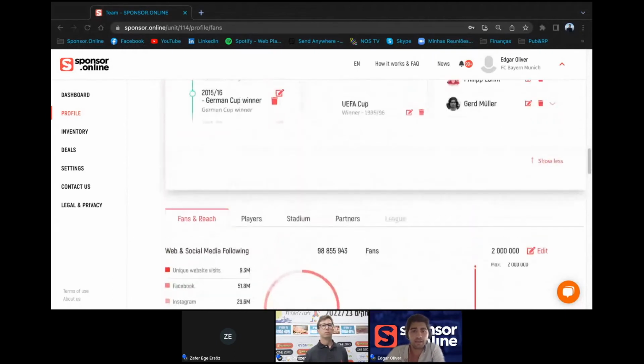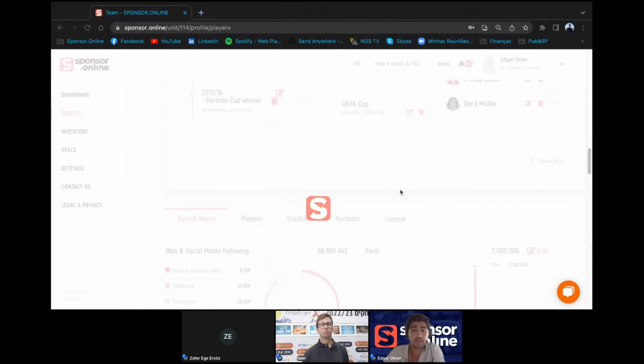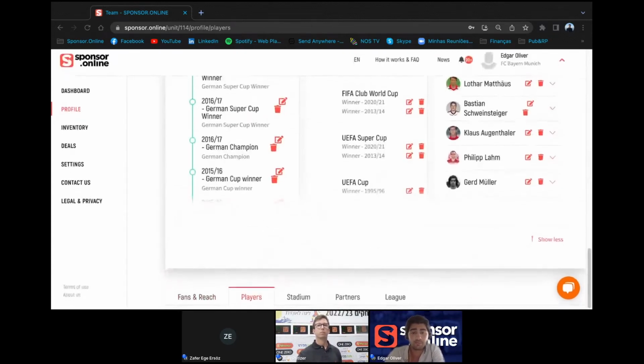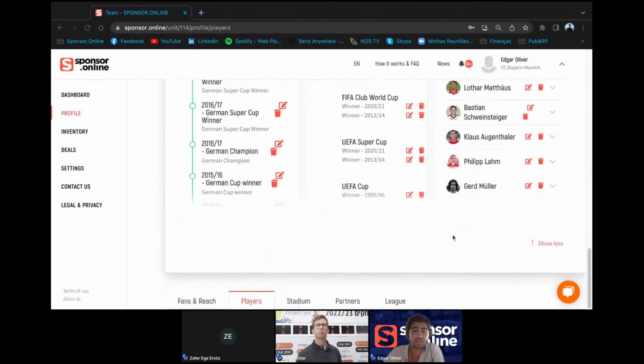We also provide our clients with the complete squad of the team. So you can also see which players and how many social media followers each player has in each particular team. You also have the information about the stadium, so you can see the location, how many VIP boxes the stadium has.